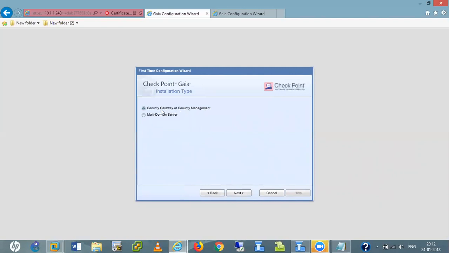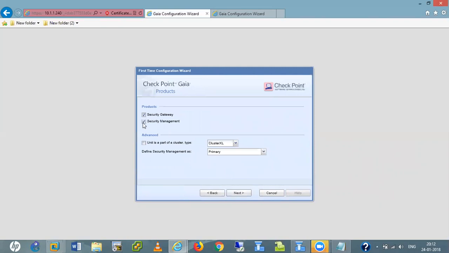I want to make it a management server, so just press OK. Here I select security management only. We check the gateway option only if we are making this Gaia OS a checkpoint firewall. This is a checkpoint management server, and here I select secondary, defining the security manager as secondary.